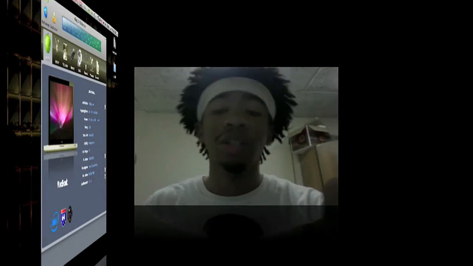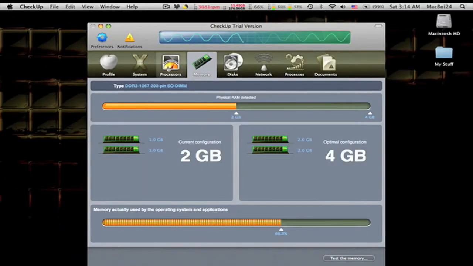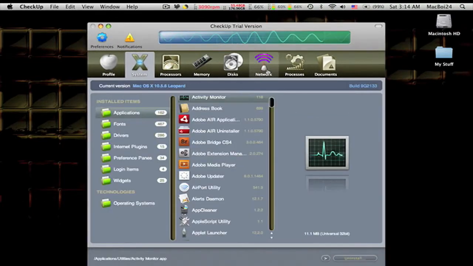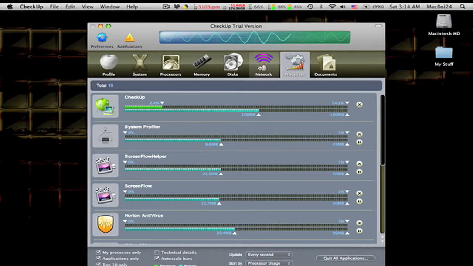It shows you your IP address. It shows you how many days you've been running your MacBook without actually shutting it down. That includes putting it to sleep, and how much bandwidth you have used. And I mean, what more can I say about it? It's a very clean looking app. It looks great. I love how they have the visual of it going from box to box, side to side,